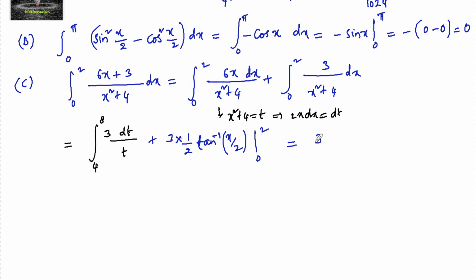So this is 3 log t from 4 to 8 plus 3 by 2 times of tan inverse of 2 upon 2, that is 1, minus tan inverse of 0,